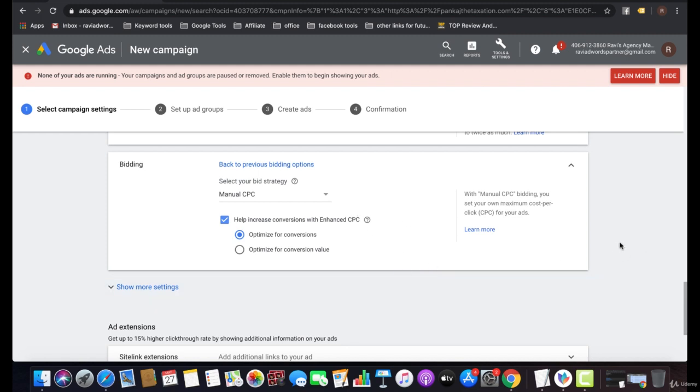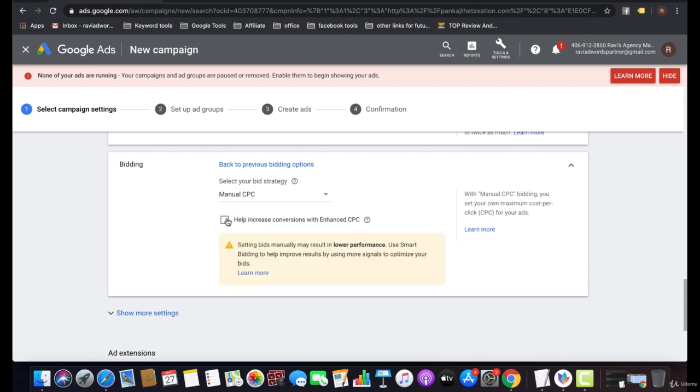The advantage of manual CPC is that you will get some clicks, and those clicks on those keywords will show how much you can bid, so you can control your bidding as well. So I'm going with manual CPC without optimizing for conversions.